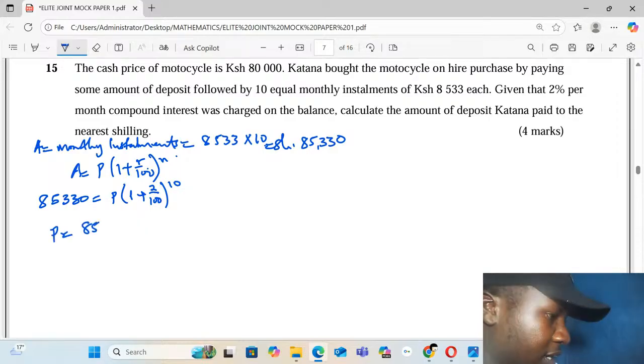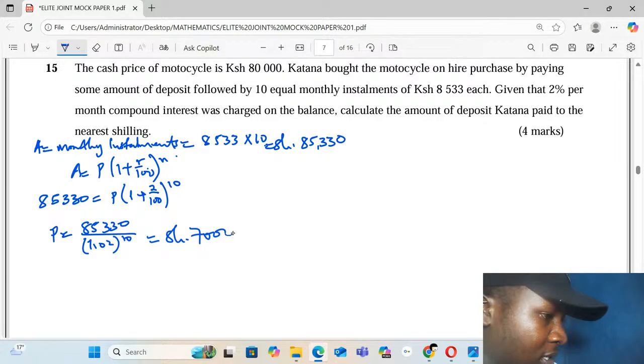Now 85,330 divided by 1.02 raised to 10 gives us 70,000